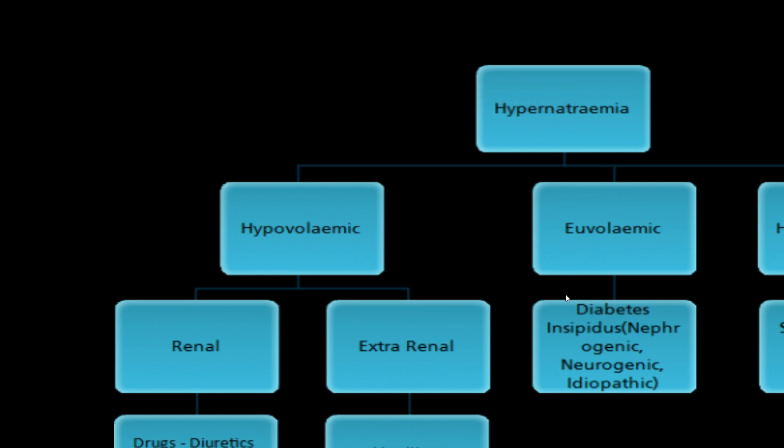Next is about the imbalances of electrolytes. Among them, the first is hypernatremia. If the sodium level is raised, the condition can occur as a result of hypovolemia, where the total volume of water content is reduced, or euvolemic, where the volume would be the same as normal, or hypervolemic, where the volume of the circulation is also increased along